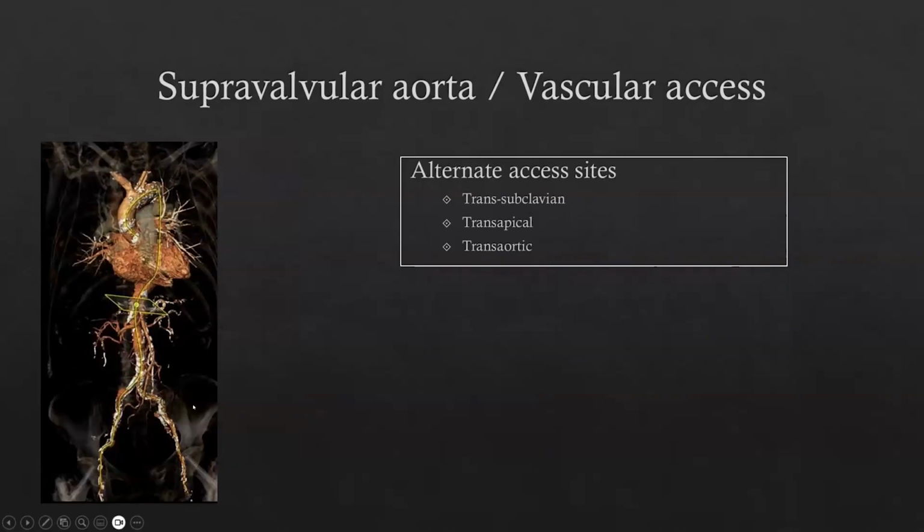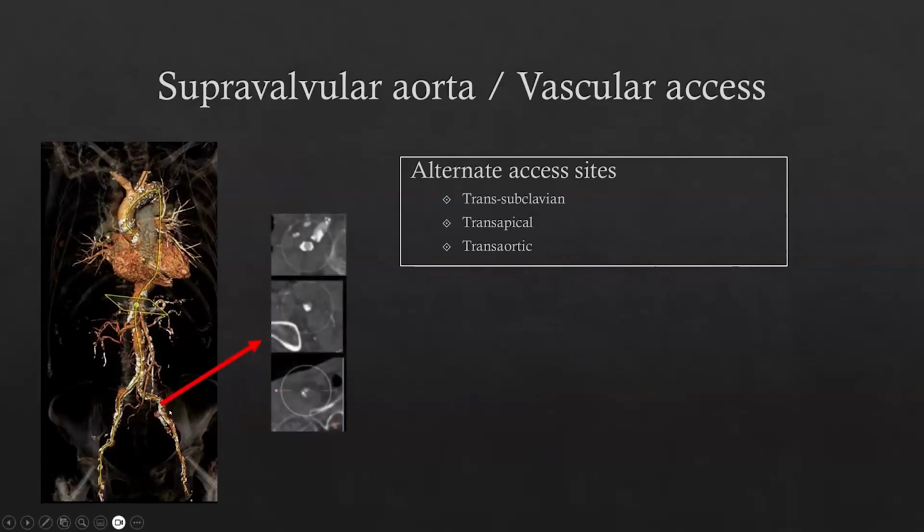And also, if a patient like this on the left has a lot of calcified plaque in the iliofemoral vessels with significant luminal narrowing, you can determine alternative access sites for percutaneous access. So most commonly, the next step would be, if you can't go through the iliofemoral vessels, you can try the subclavian vessels. And so the CTA allows you to also measure the diameters of the subclavian vessels and assess for significant calcification there. Other access sites, which we're not going to cover in detail, would be the transapical approach and direct transaortic approach. But those are much less common.